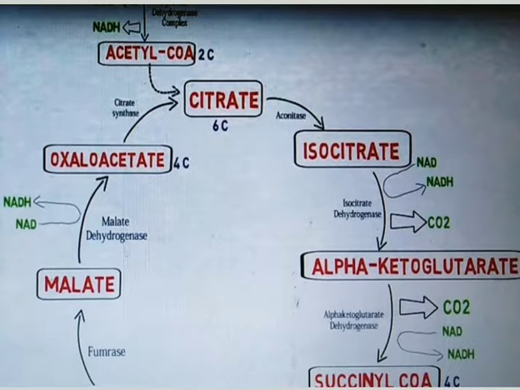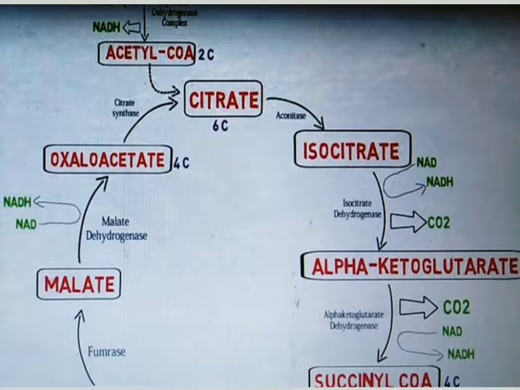As I have explained in my lecture on the electron transport chain, whenever ATP is produced through the electron transport chain, that is known as oxidative phosphorylation. But whenever a molecule is converted from one compound to another compound and a molecule of ATP is generated, or 2 molecules of ATP are generated, whatever the amount,